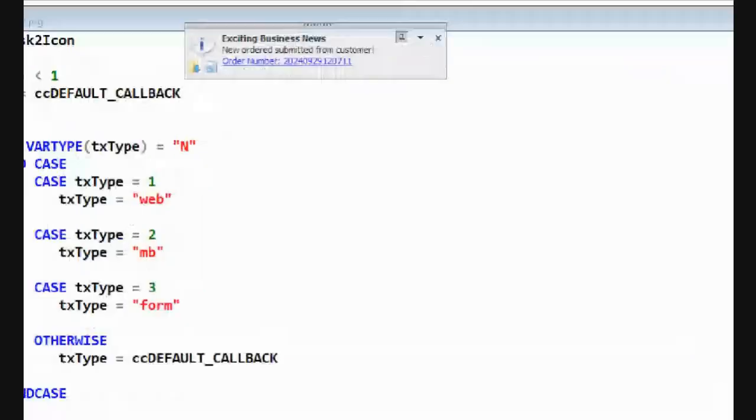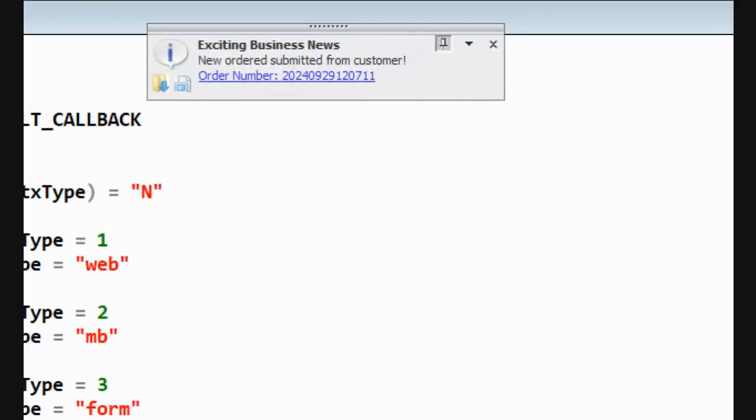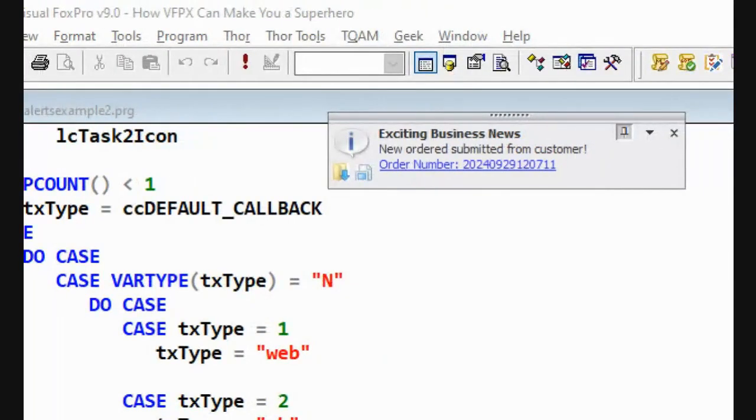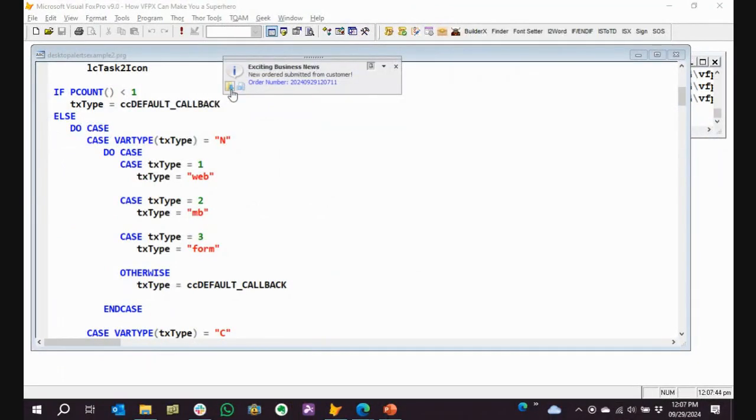That's probably a good idea to zoom in on that. It has a little blue hyperlink to it, and I can click on that to do something, say, bring up the invoice or take it to the order screen, whatever it is that I want to do. But I also have the ability to click to download something or click a process button to do something within my application.